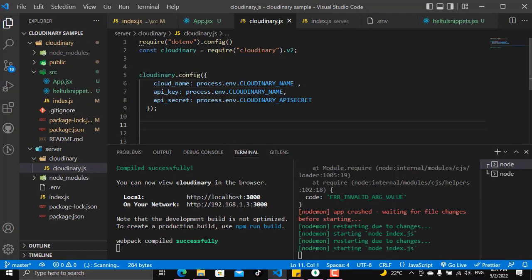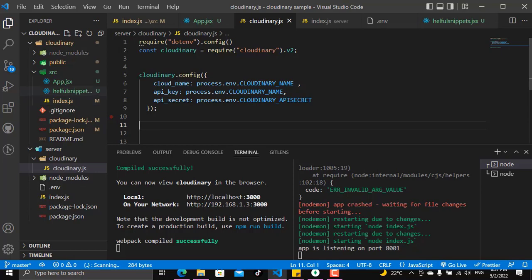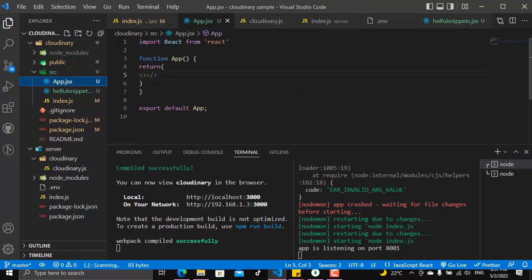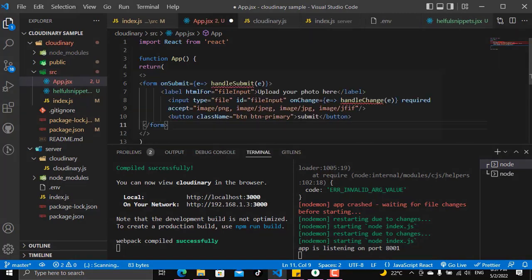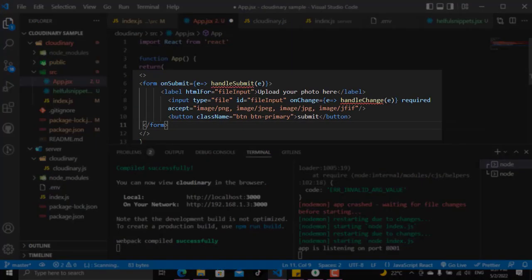And actually we can now upload, but of course there is a method for upload. But before we do that, we have to make a form on the client side, and through this form we will send an Axios request with a file that we have. Let us first make the form, and I actually have a React fragment here in which I'll put the form. I've copied that from the snippets because we do not have to create the form from the beginning. Let me explain to you the form. The form has an onSubmit function,